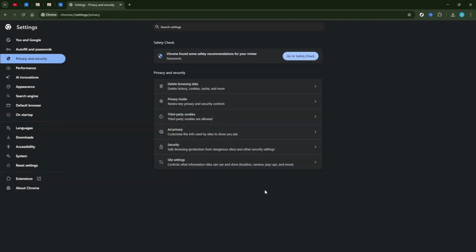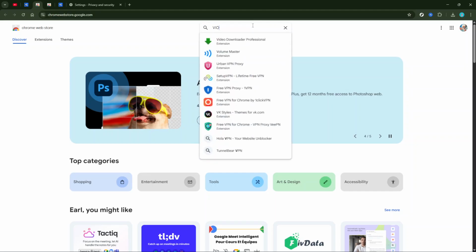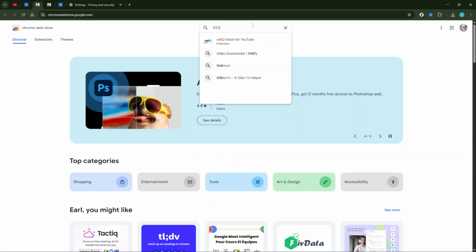In the event that the problem continues, consider reinstalling vidIQ from the Chrome Web Store. Sometimes extensions can become corrupted or improperly installed. By reinstalling, you can ensure that you have a fresh and correct setup. Uninstall the current version of vidIQ first, and then proceed with a new installation from the Web Store.